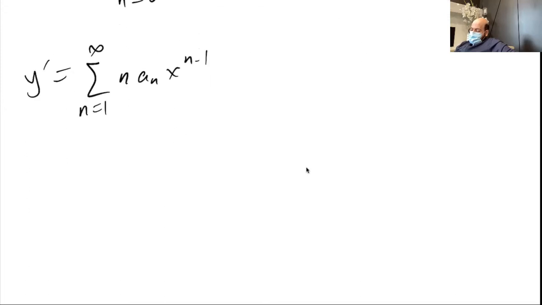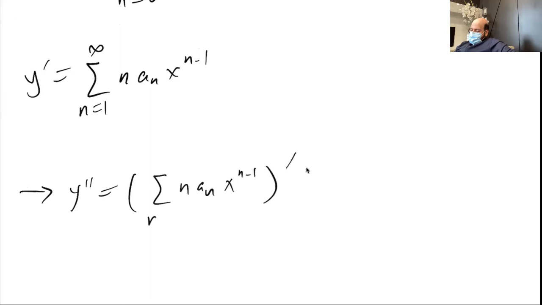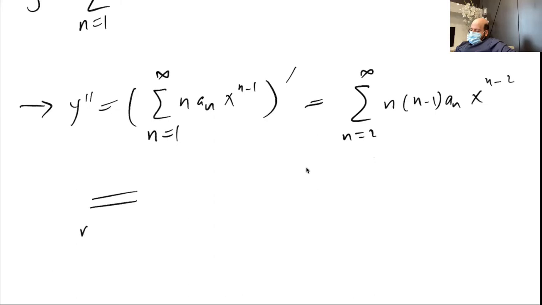So y double prime will be the derivative of this function, and that will be sigma n(n minus 1) a_n x to the power n minus 2, from 2 to infinity. And if I change n to n plus 2,